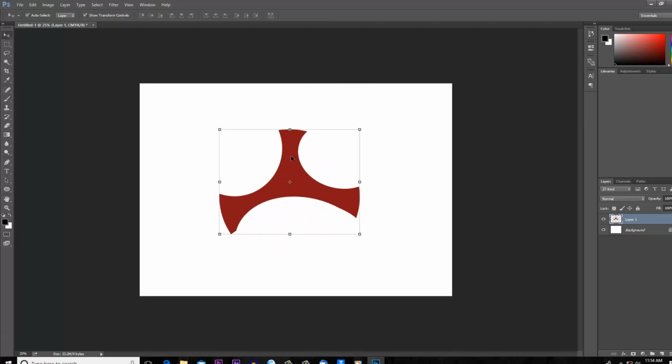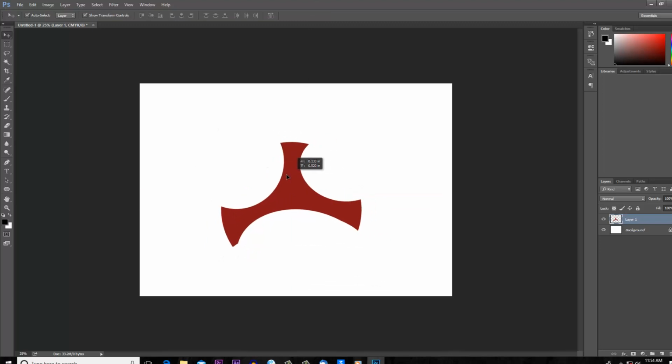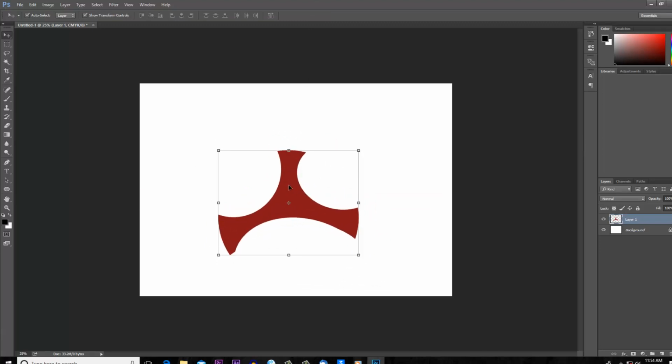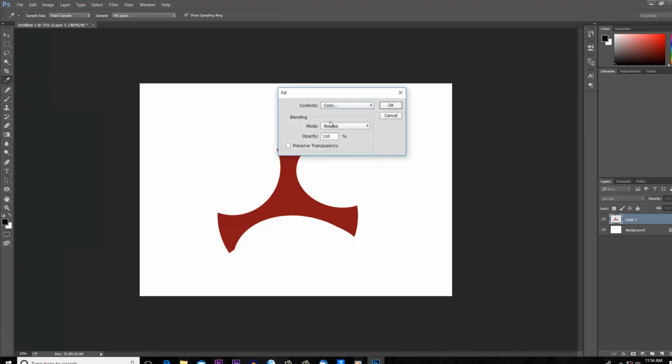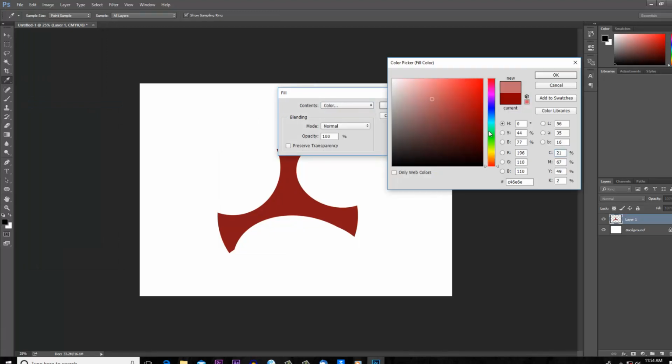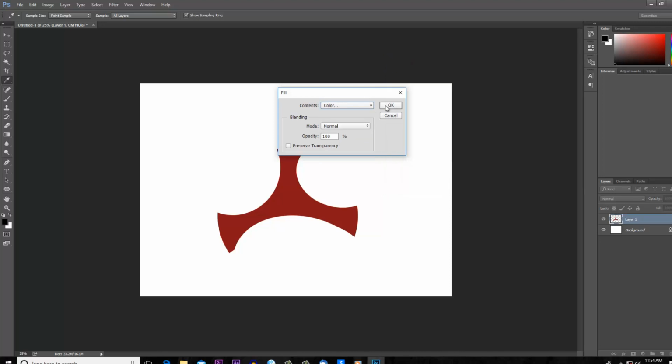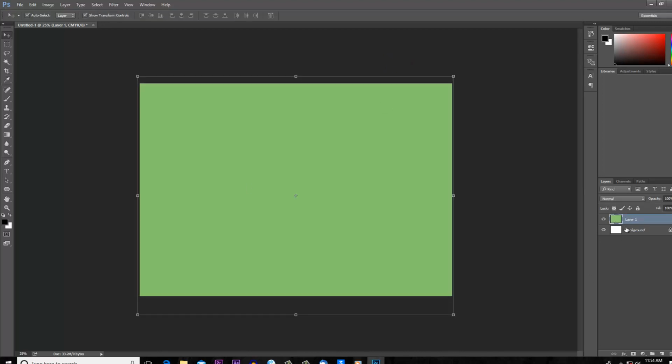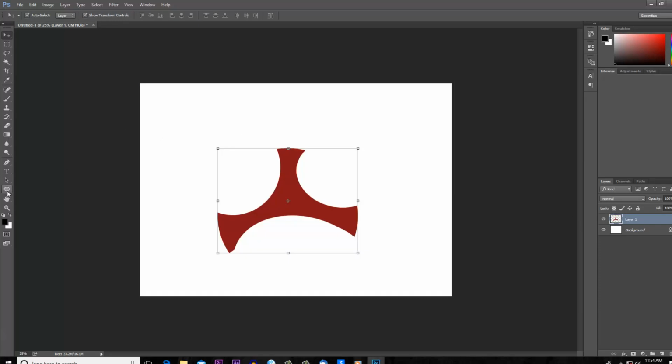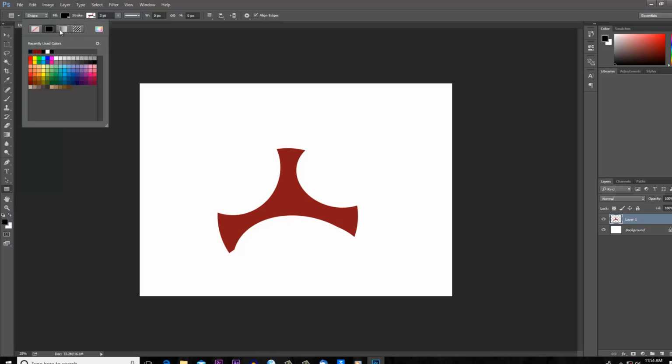But one thing: if you want to change the color, initially this red color was made by going to Edit, Fill, and picking a color. Let's see whether it will work if we do that again. When I click OK and then OK, you see what happens. It is going to fill the entire layer, so that will not work. And when you go to the shape tool here, come to fill and pick a color, that also will not work.